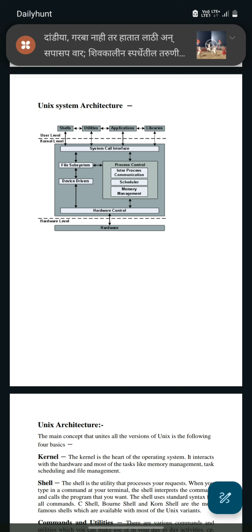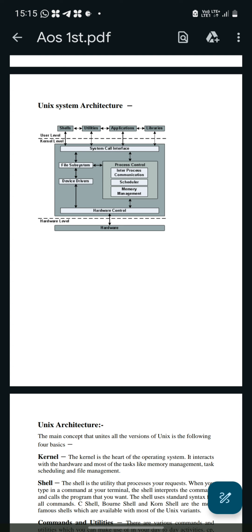Then utilities. There are about 250 commands used in the operating system. The first common command is the cp command. This command is used to copy a file into a directory. Next, the mv command is used to move or rename a file.